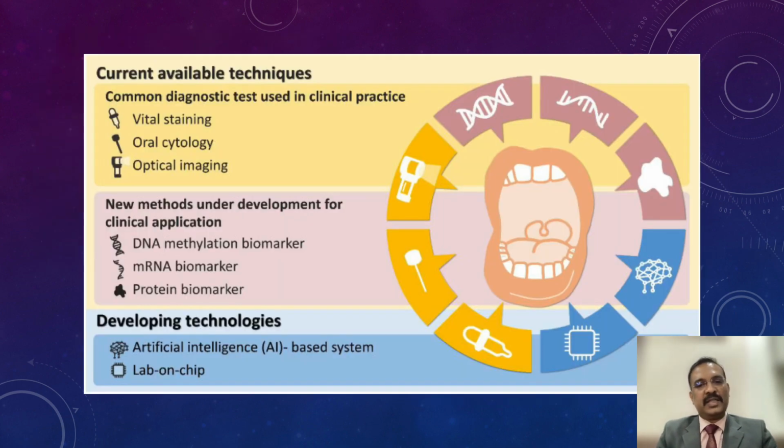So there are various techniques available. You should all be familiar with the newer optical imaging advances, Visilite, and the various staining methods, toluidine blue, and oral cytology. The advantages of all these are that they are much simpler, less painful, and probably faster, and they can be done in the outpatient setting. Newer biomarker-based methods are coming up.